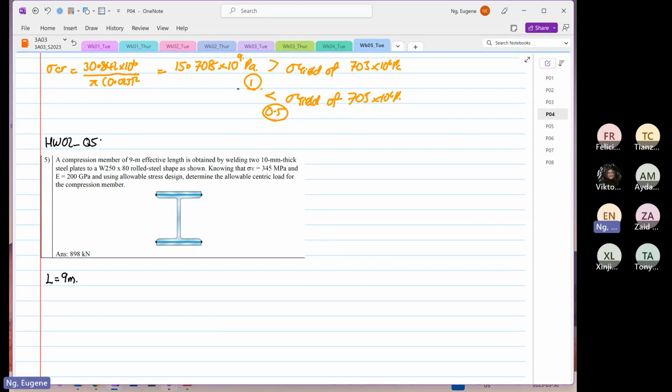And it's welded, 10 millimeters thickness. Given those thicknesses are 10 millimeters, and there's a plate of W250 by 80. So we are given that